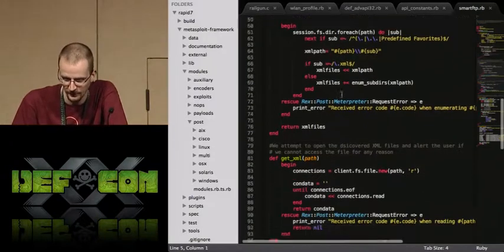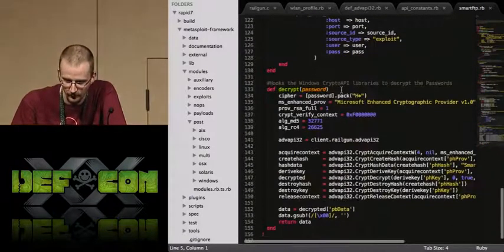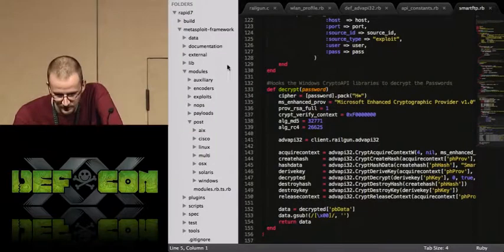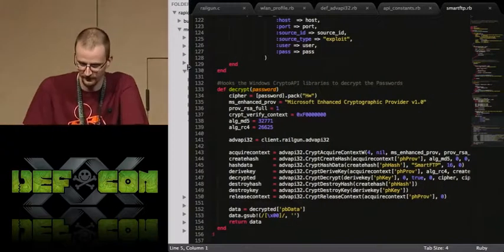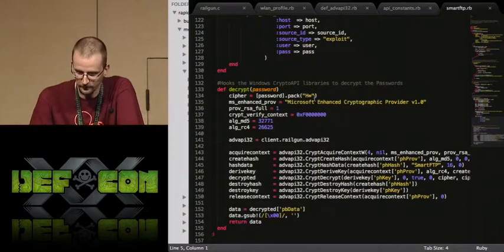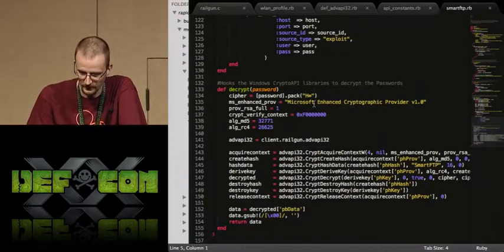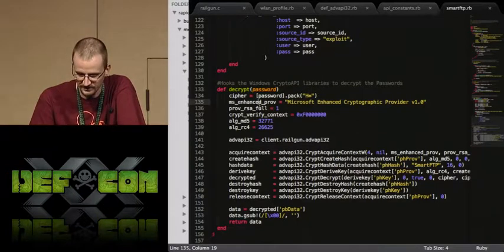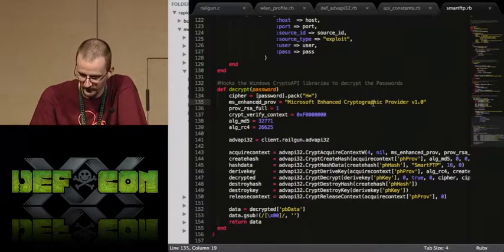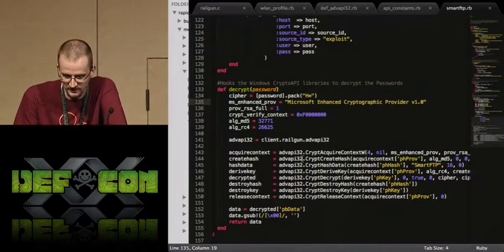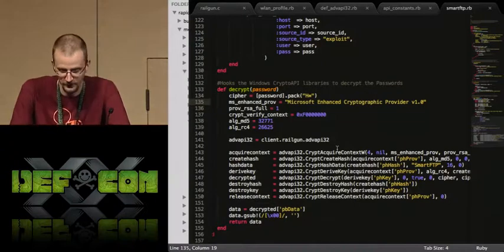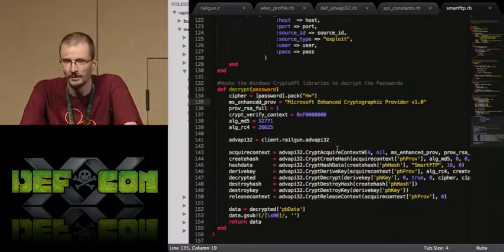But what we're interested in here is the actual decryption routine. So we pass in that encrypted password we saw in the XML file. We do some packing to get it in the right format. And I predefined some constants here that are useful for the cryptographic functions. But then you can see we basically call a series of CryptoAPI functions to acquire the cryptographic context,